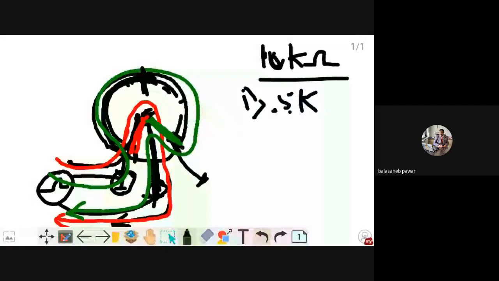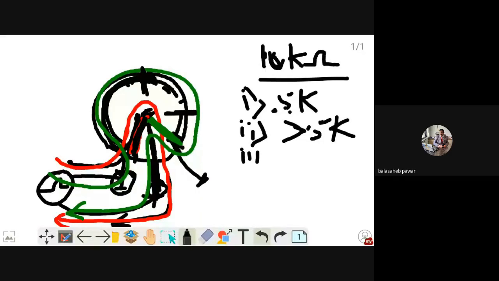If in the second case we place the middle terminal somewhat over here, is it? So the resistance here, we can say, will be greater than 5 kilo ohm, because the current has to pass through a more resistive path. It is greater than 5K. In the third case, we directly place it towards the start terminal only. That means over here, that red color. So we can say, as the current doesn't have to pass through any resistive path, it will read as equal to 0 ohm.